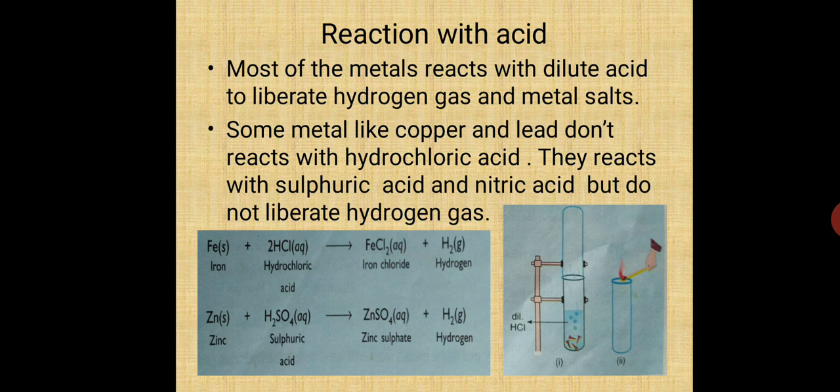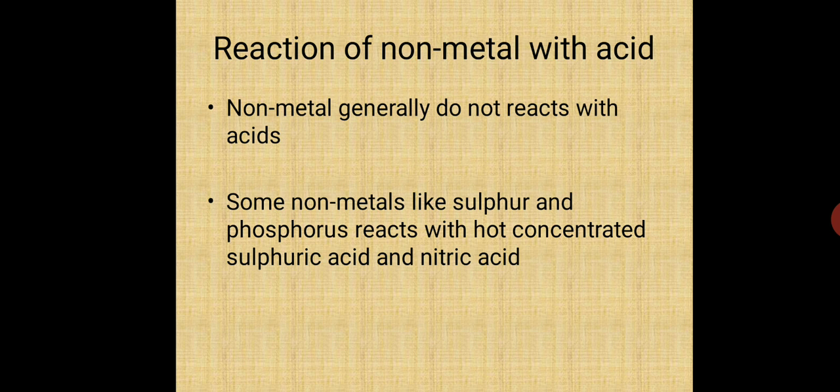Take out that test tube and bring a lighted matchstick. You will observe that it will try to catch fire. It will not catch fire, but it will burn with a pop sound. That indicates the gas collected in that test tube is hydrogen gas. My dear students, instead of inverting that other test tube, you can press it with your thumb also. After some time, there will be a lot of pressure on your thumb. It means that hydrogen gas is being liberated.